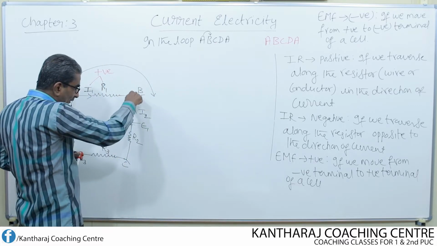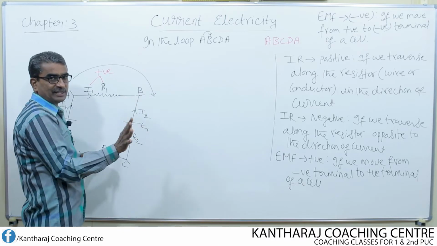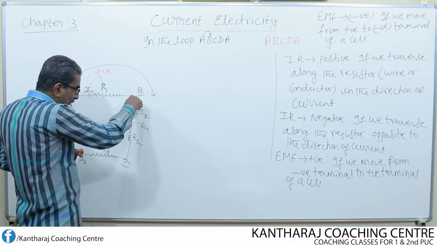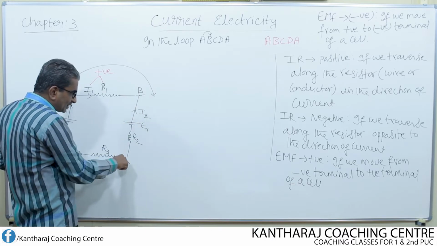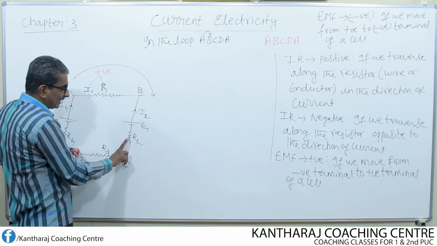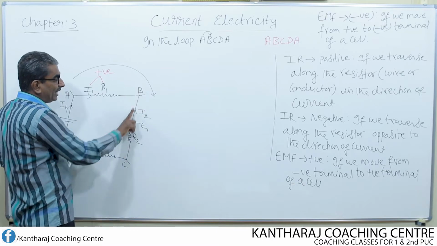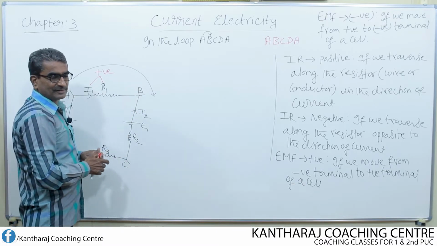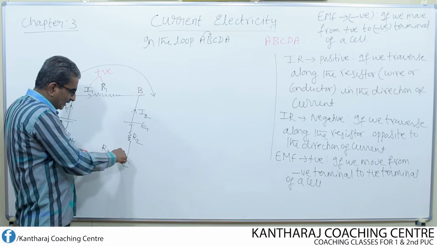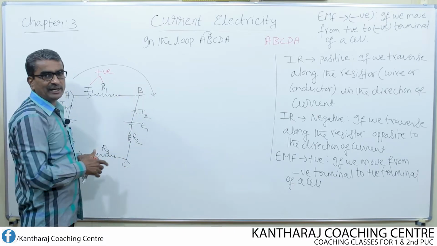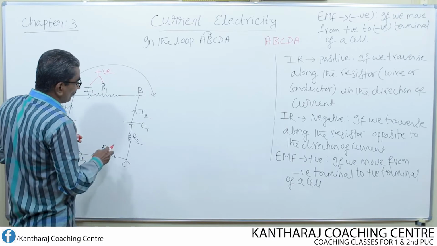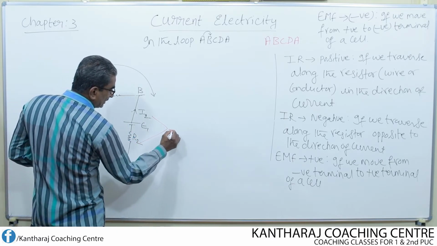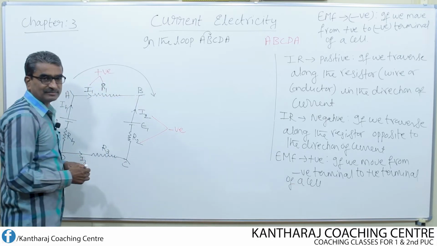Then next I move from B to C. While moving from B to C, follow the same direction, don't change the direction in the middle. I am moving downwards all along this branch or along this resistor, whereas in this branch current is flowing opposite to my direction of traverse. Means I am moving downwards whereas current is flowing upwards. Therefore, what about the IR product of this branch? IR product of this branch is taken as negative.